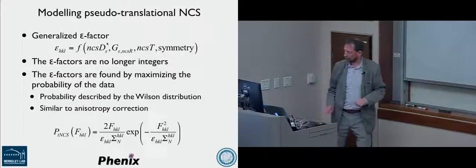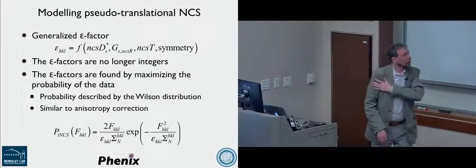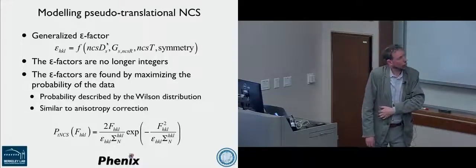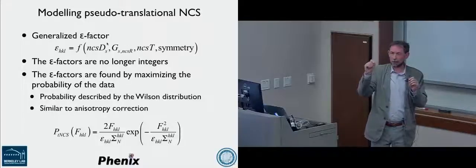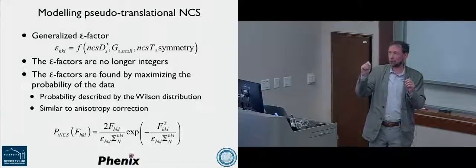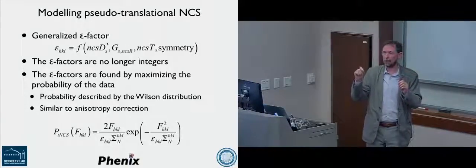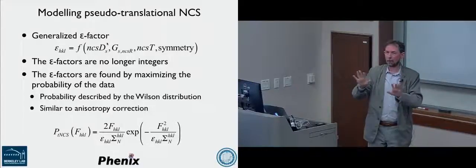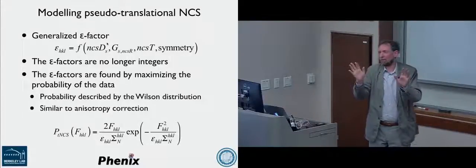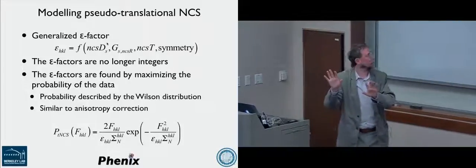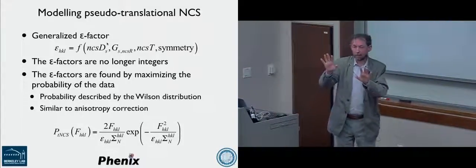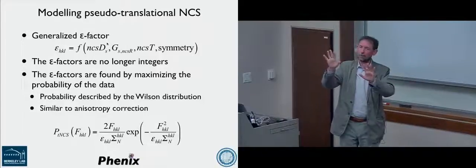So the solution, it turns out, is what we can do is determine the translation vector between molecules in the crystal, like I say, from the native Patterson analysis. We can approximate our molecules by spheres. They're not spheres, but to a physicist, that's a good thing for a molecule. It's fine. And then, given that we can put these spheres somewhere, we can actually then optimize a function that